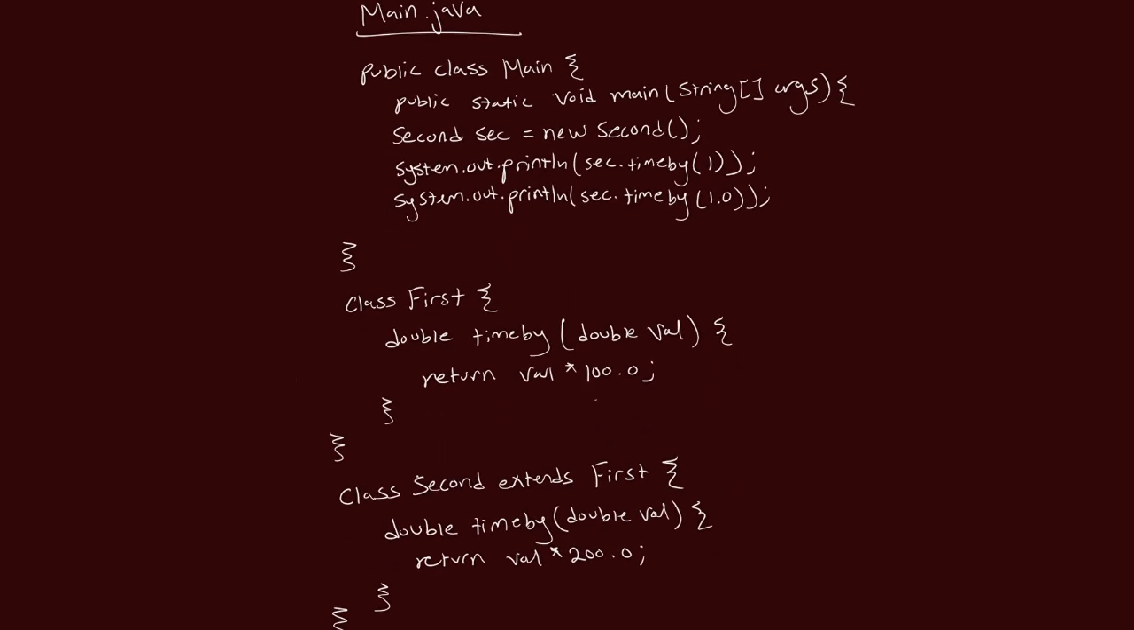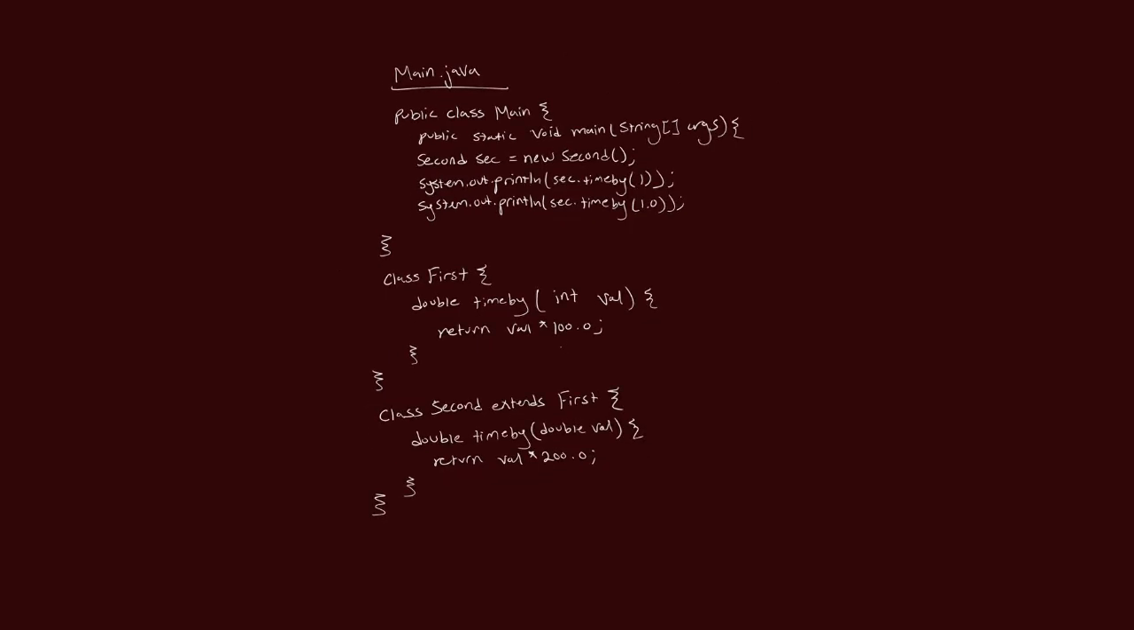Now, let's say I were to make a small change. Instead of writing this, I write int value. What's going to happen when I run this? Will this just print out 200? And will this just print out 200? The answer is no, because in this case we have an